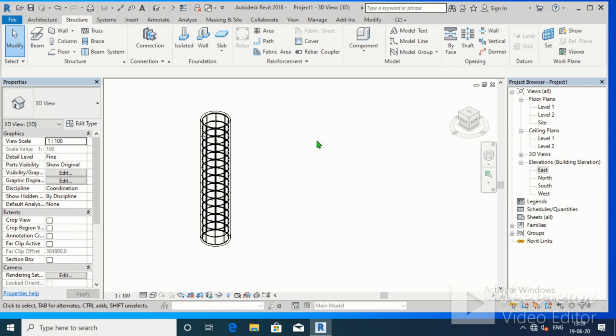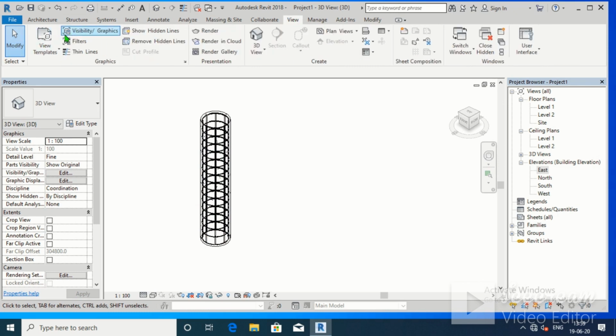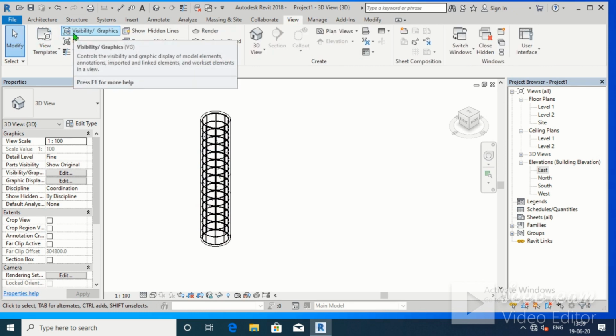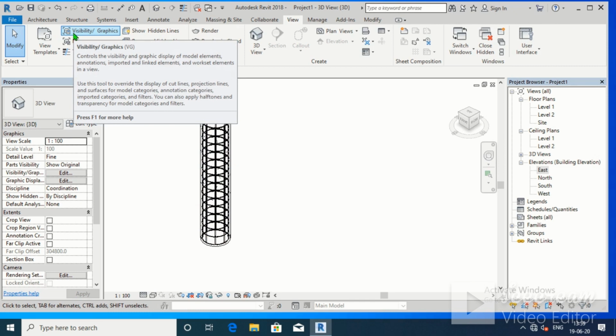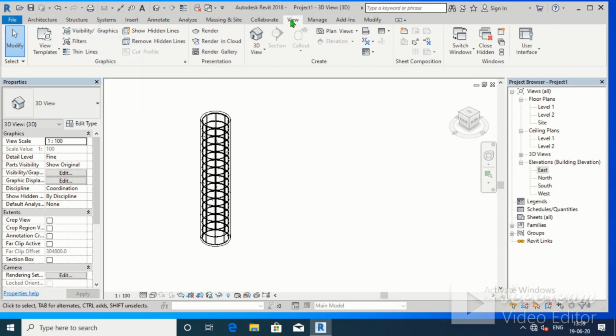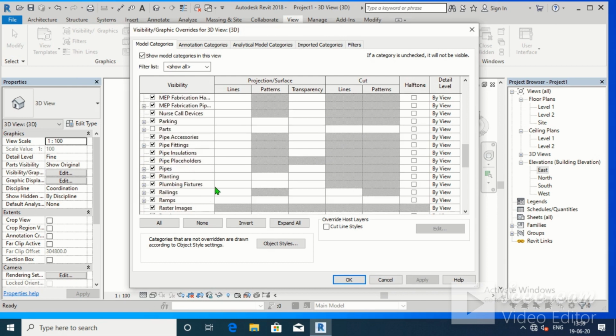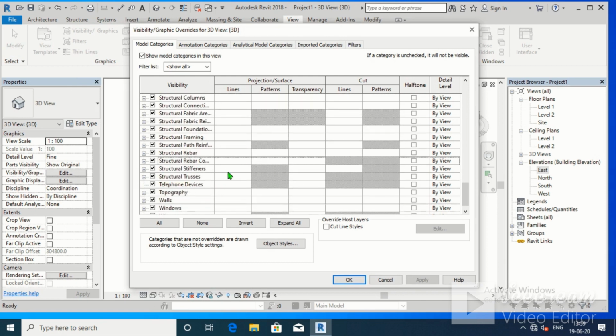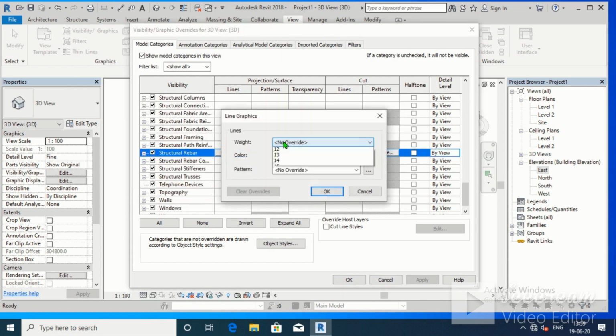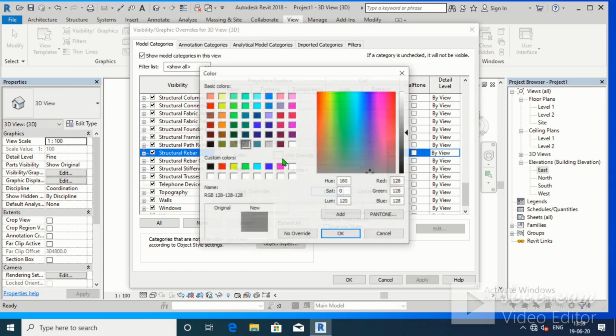Okay, now let's change the rebar color to different. Click on view, click on visibility graphics. There is a shortcut key for this, VG. Once again I will tell, the shortcut key for visibility graphics is VG, and it is present in view. So we will go in visibility graphics, structural rebar, override, weight to color blue.